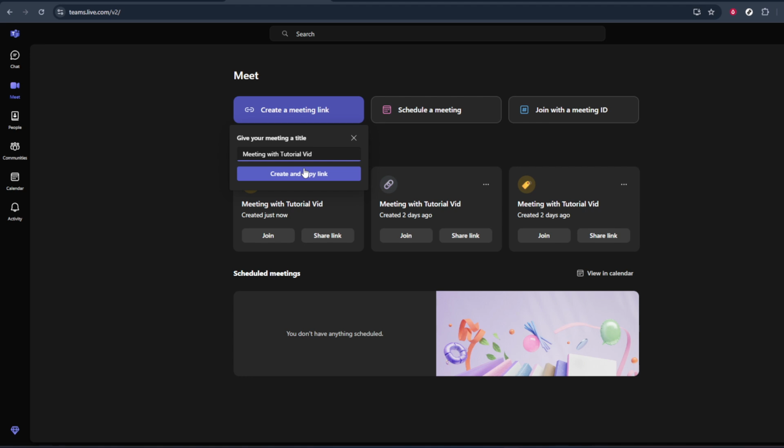Now that your link is created and copied, the next step is to share it. Look for the option that says Share Link and click on it. This will usually show you different ways to send the link, such as through email, chat, or other apps. You can choose the method that works best for you, or simply paste the link manually into a message. For example, you can open your email, a chat window, or a messaging app and use Paste to drop the link in. Once people receive the link, they can click it to join your